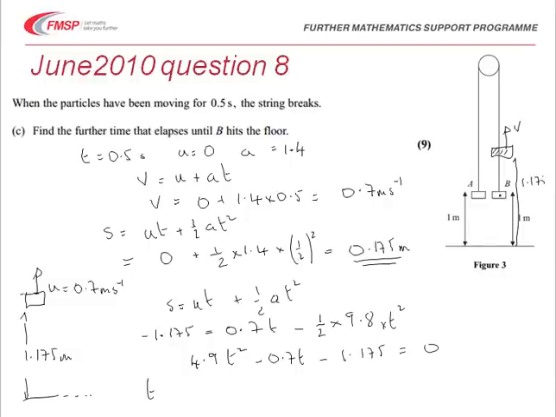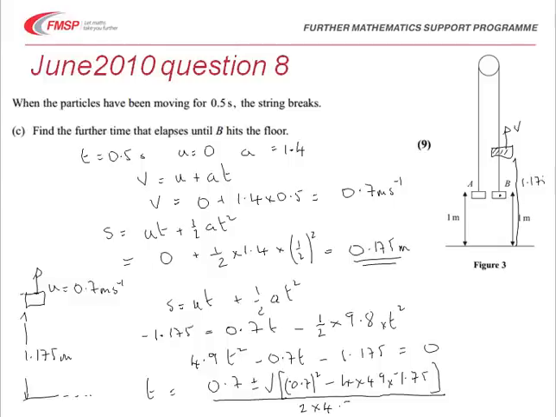So that t is equal to minus b, which is 0.7, plus or minus square root of b squared, so 0.7 squared, or negative 0.7 squared if you wish, minus 4 multiplied by 4.9 multiplied by c, which is negative 1.175, and everything then divided by 2 lots of a, so everything divided by 2 multiplied by 4.9,